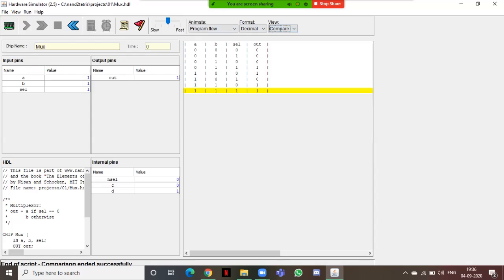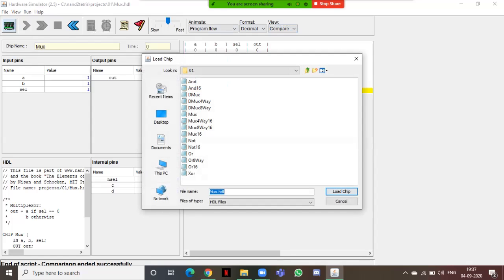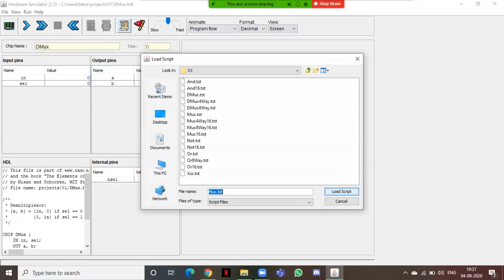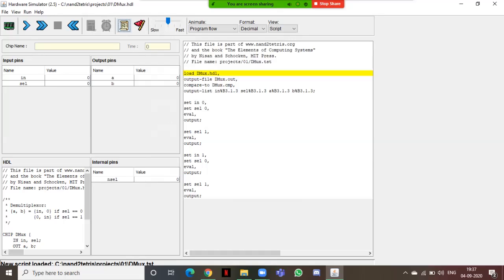Comparison, it's fine. So now let's move to Dmux. Yes, Dmux. We load the script. In the script, we get it, and now we'll perform it.